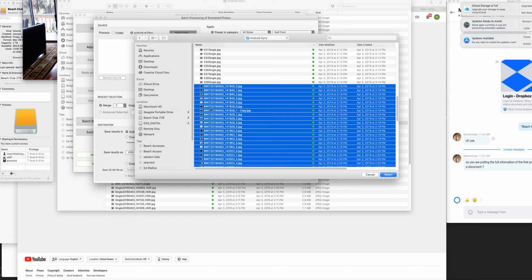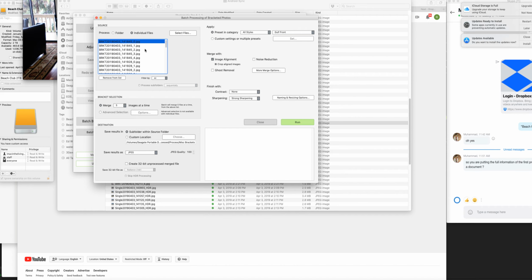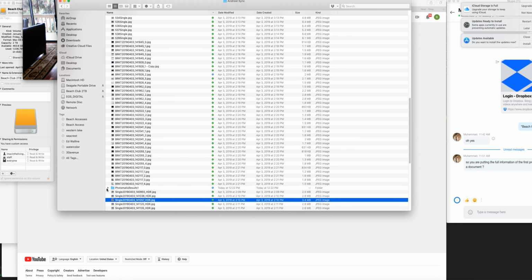Okay, here's a good example. Don't do that one. Okay, so we'll go over this process. Bottom line is you load the files in that you want to process, and they need to be in the right order. Then when you hit run, it's going to start going, and wherever your output folder is,